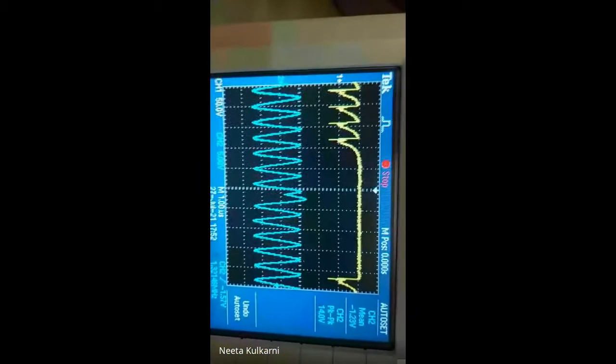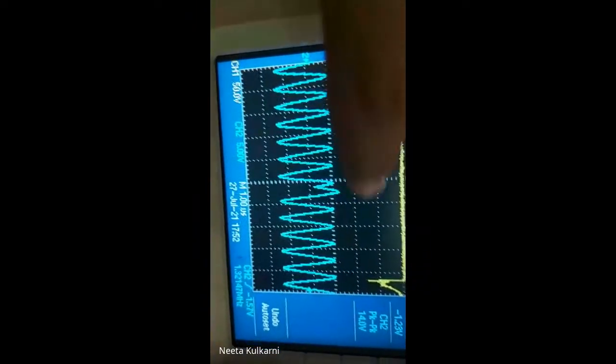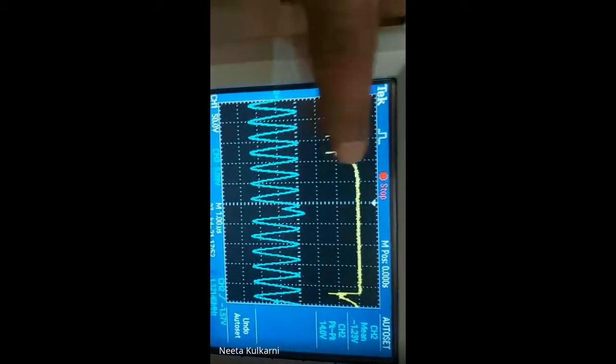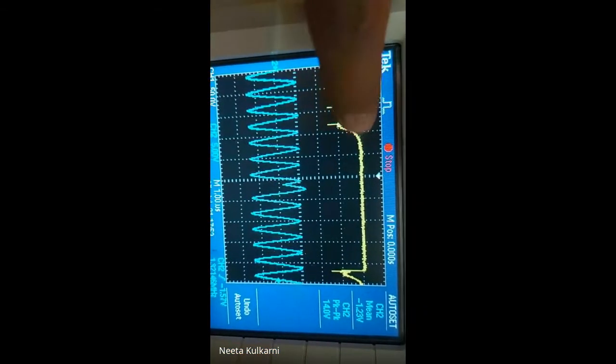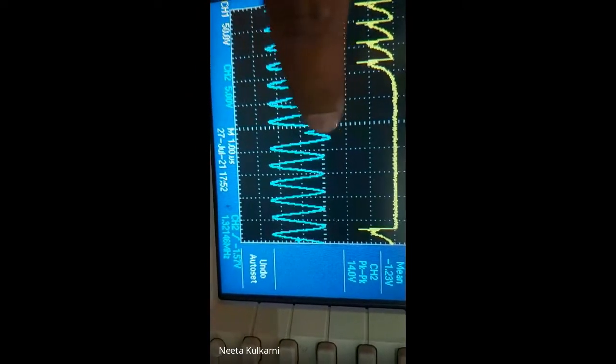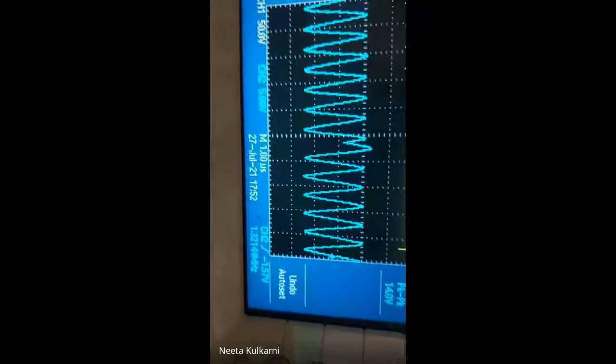Okay, so it is visible. Yes, visible sir, clearly. You can observe that actually I am getting the data. The yellow color above shows the data actually, which is a little bit noisy. But in the output of the QPSK, you can observe the phase variation here. So like this, I'm getting the QPSK output.